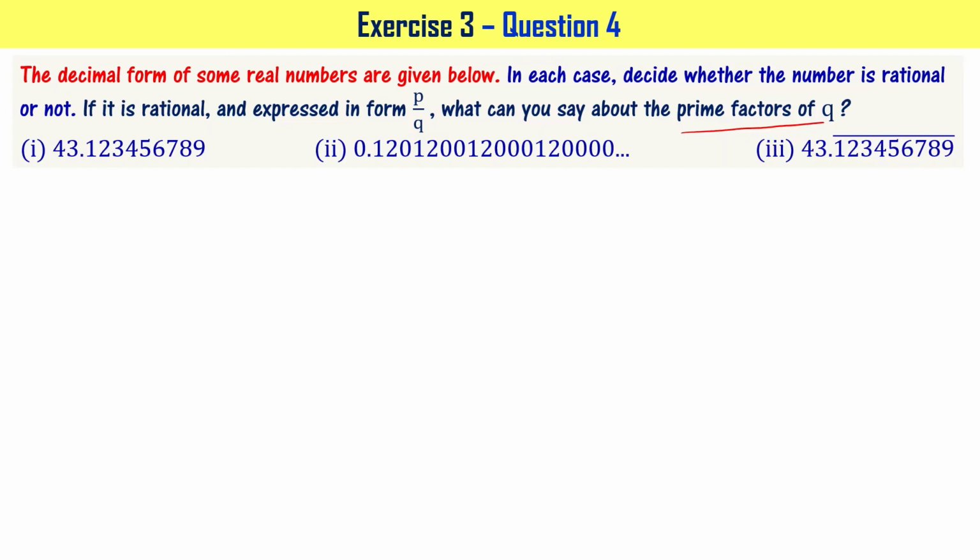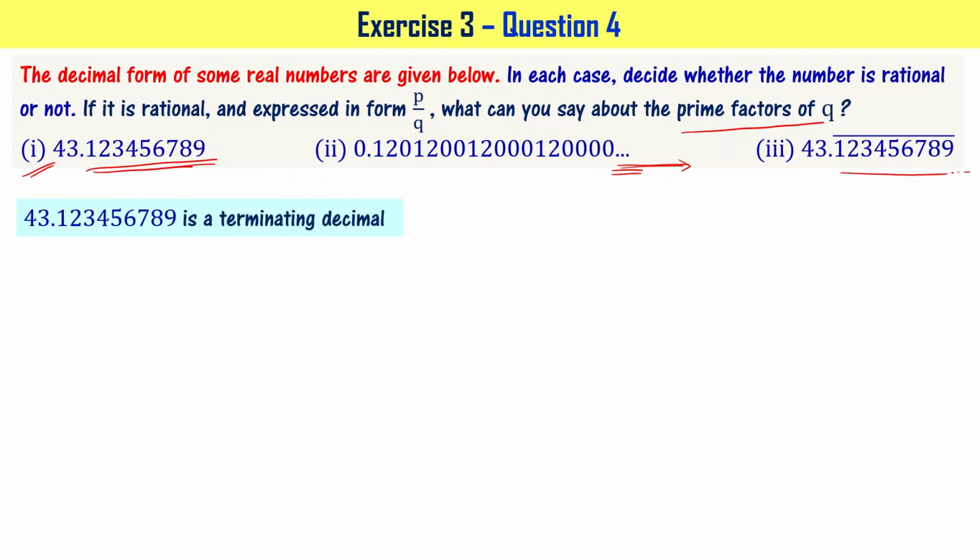Got it? Now let's take a look at the first part of the problem, that is the number given is 43.123456789. Look at this number. After 9 there are no digits because we don't have something like dots put in. Here we have dots, right? It says that this particular one is going to be non-terminating. It goes on further, right? In this particular case also, since we have an overbar, it means that it is also having non-terminating digits or decimal expansion. Here it says that it is a terminating decimal expansion, right? Let me write that.